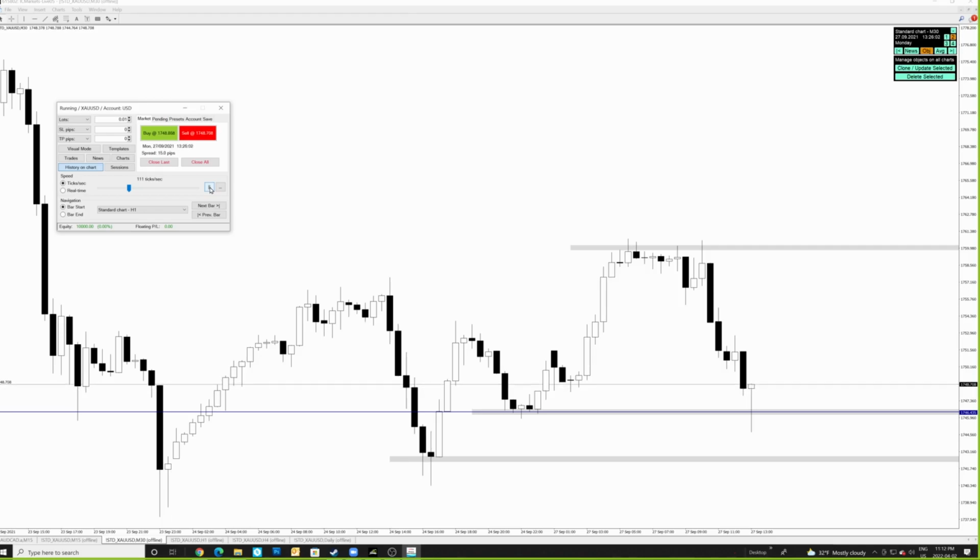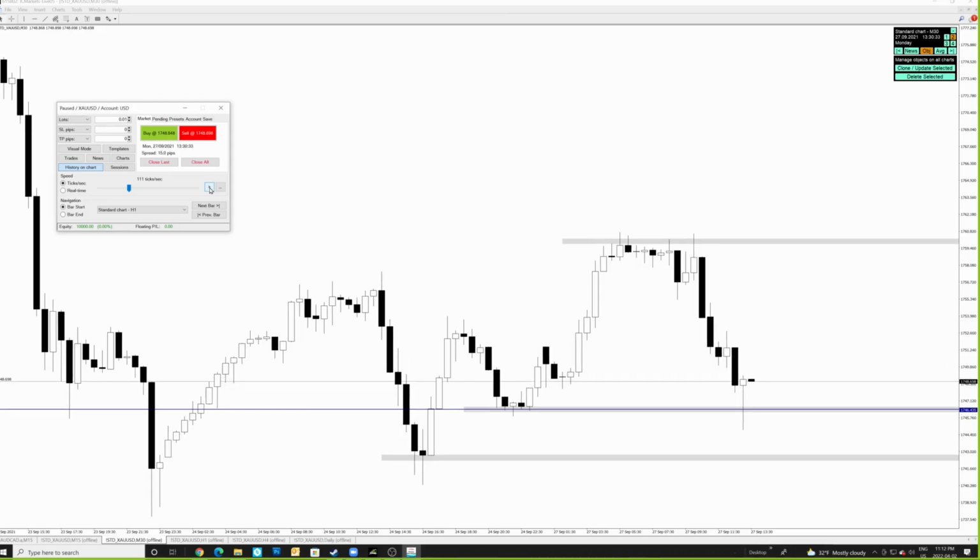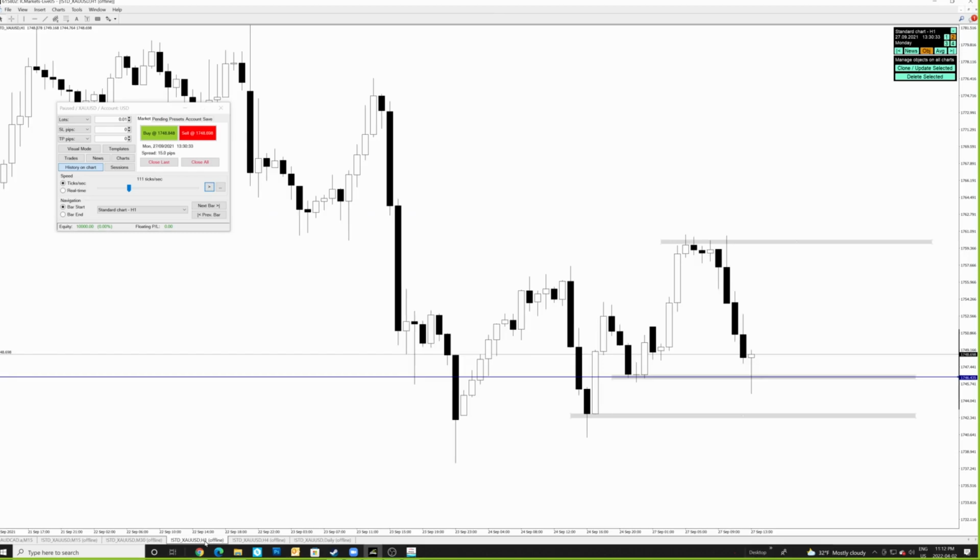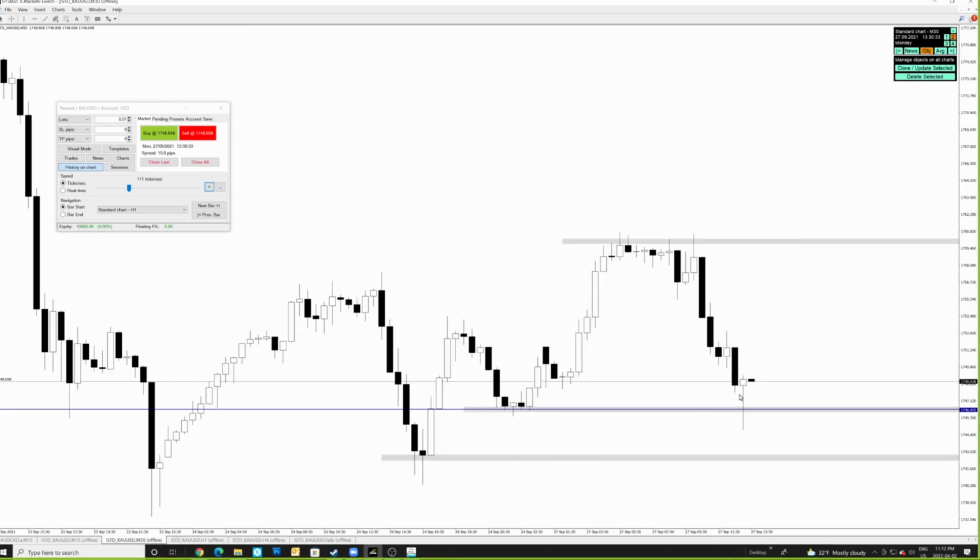All right, we got 5 simulation minutes left. And there we go. 30-minute candle has closed. Now if we look at the 1-hour time frame, 1-hour candle is rejecting this area. Looking at the 30-minute candle, 30-minute candle is also rejecting this area. We have a smaller body forming. This could be a buy, but if we do take a look at it from a buying perspective, we got to measure how far can price move. So if a buy is executed somewhere over here, let's say above this wick,